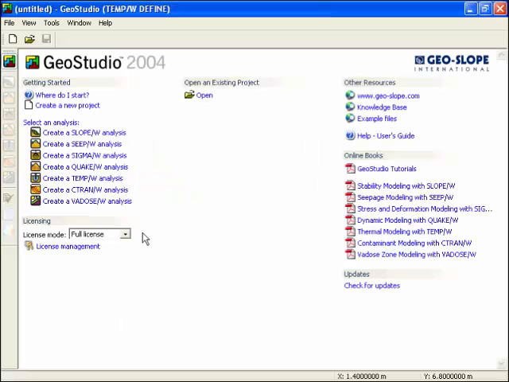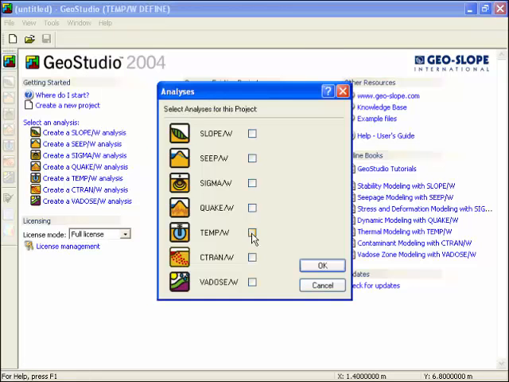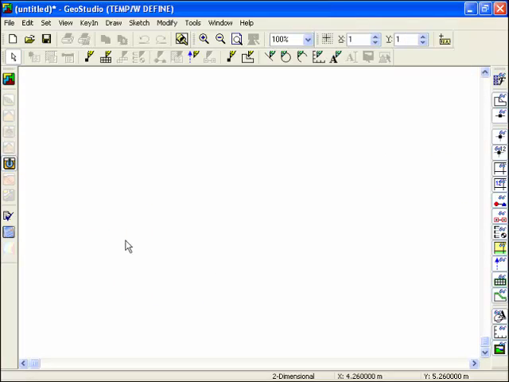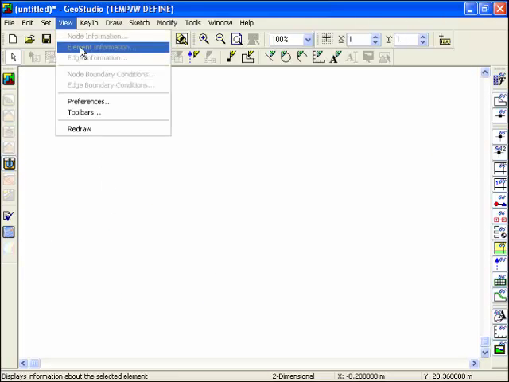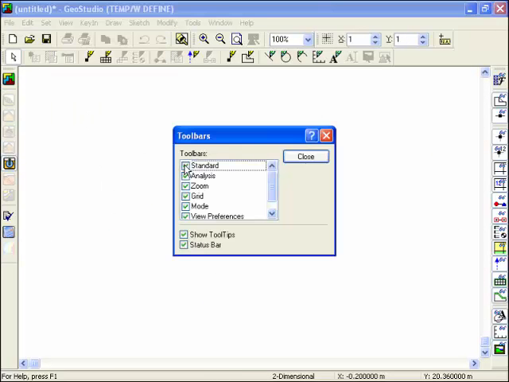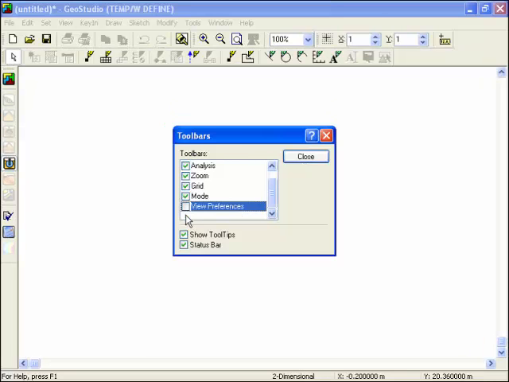Once GeoStudio has been opened, a new TEMP analysis can be created from the Start page by selecting an analysis, creating a new project, or using the File drop-down menu. The first time you start working with TEMP, it's helpful to learn what different toolbars exist. Many of the drop-down commands are also available as individual icons on the many different toolbars. You can familiarize yourself with the toolbars by toggling them on and off, ensuring that they are all visible before